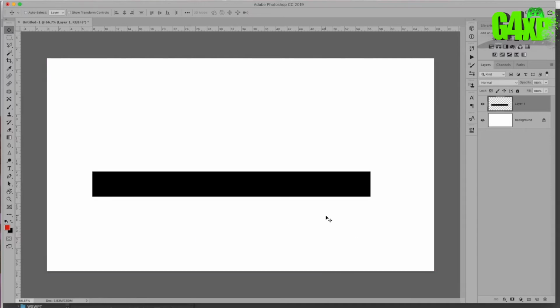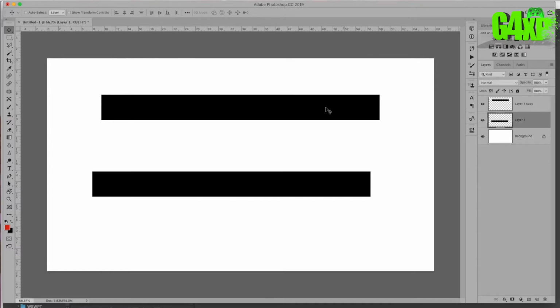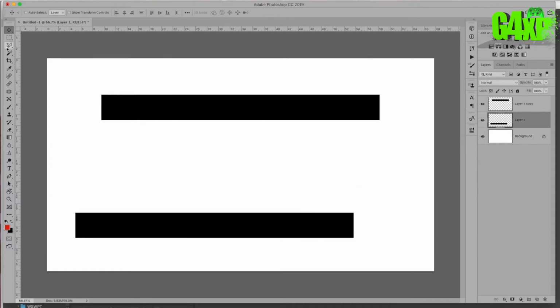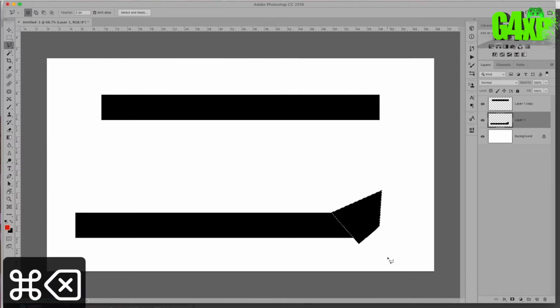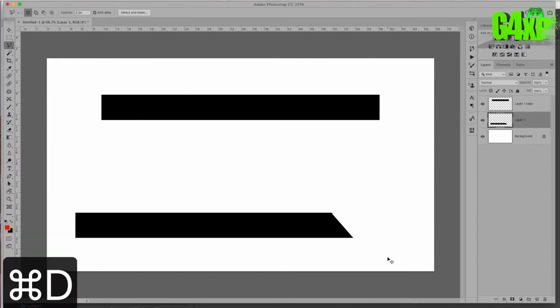So we're going to then copy that, Control J, and you go, nothing's happened. Well, there's actually one there. There you go. So now we have two. So first thing I'm going to do is grab my Lasso tool. I use the Polygon Lasso tool. You can use what you like. I use this one because it snaps, and I'm going to go from the corner there, and then I'm going to go all the way around like that, and then I'm going to go Control D, delete. That's all I'm going to do. I'm going to go delete, and then Control D to deselect. So now we have a point